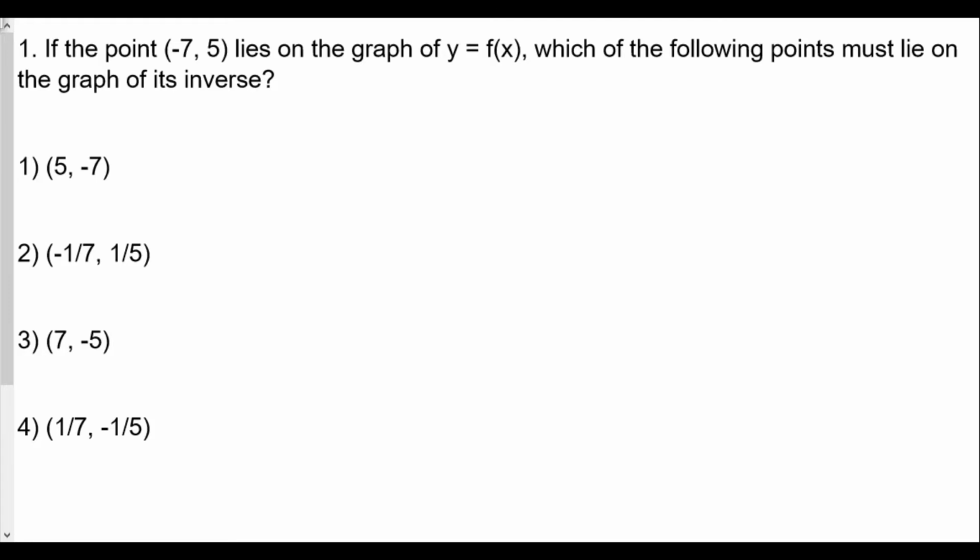So, the first question we have is, if the point -7, 5 lies on the graph of y equals f of x, which of the following points must lie on the graph of its inverse? So, just to review,